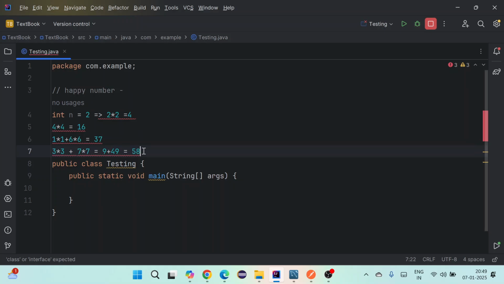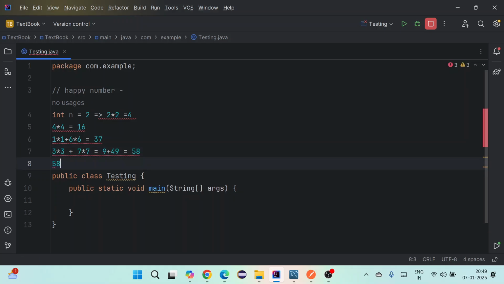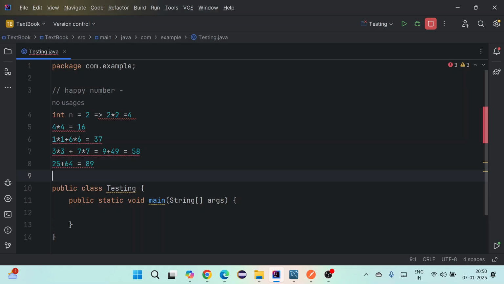Again, we'll go with 58. So we'll do 5 cross 5, so it's 25 plus 64, 89. Again, it will go 64 plus 81,